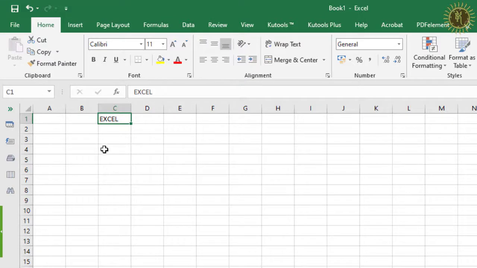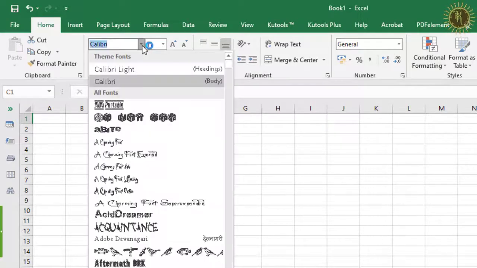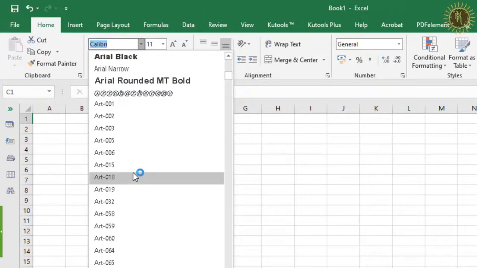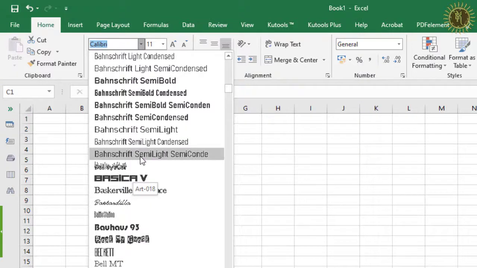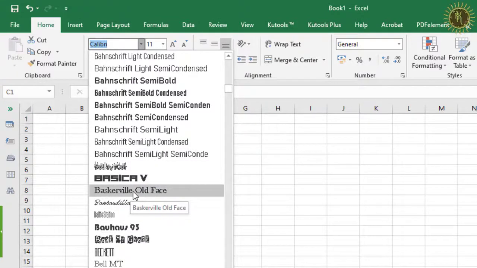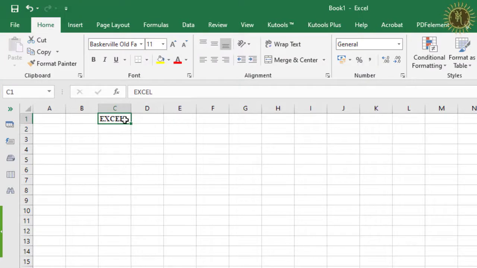The first is to select a font from the font drop down list. These are the font styles, and here we will select the fonts. Like this you can see the font has been changed.